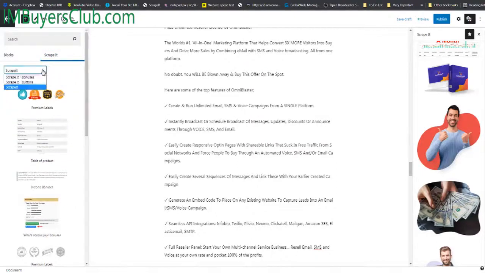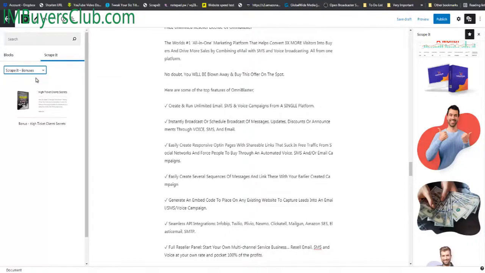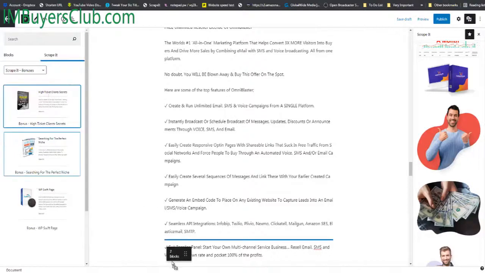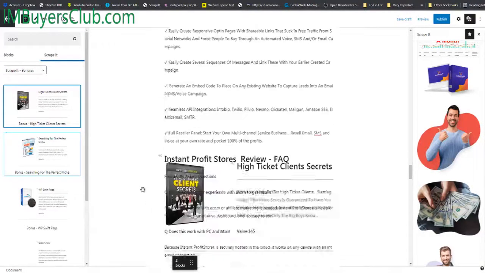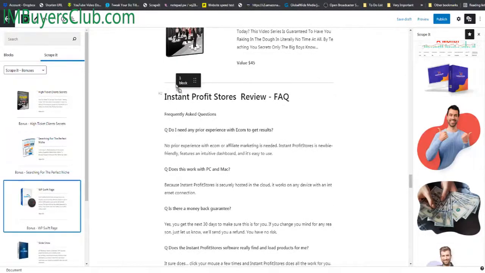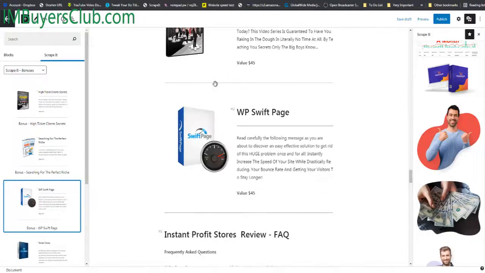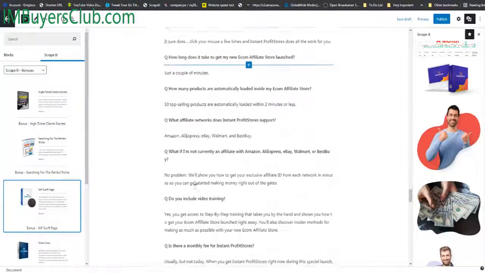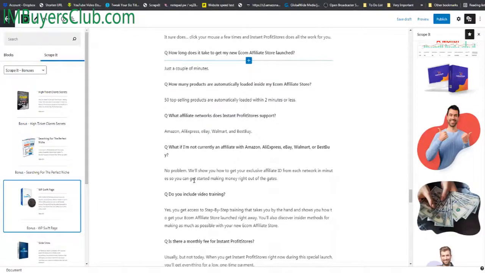and you are going to go to bonuses. And as you can see, we have some ready done bonuses for you. I'm just going to drag and drop 2 of these. One right there. Drag the other one and put it. Just make sure you see the blue line. Put it right there. So you can see we have our bonuses. Below you can see we have the frequently asked questions. And the final thing we are going to do before